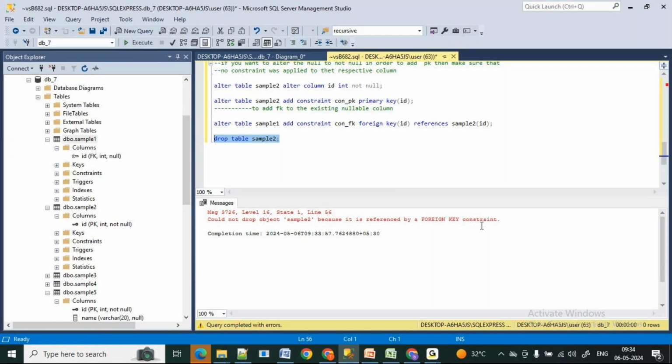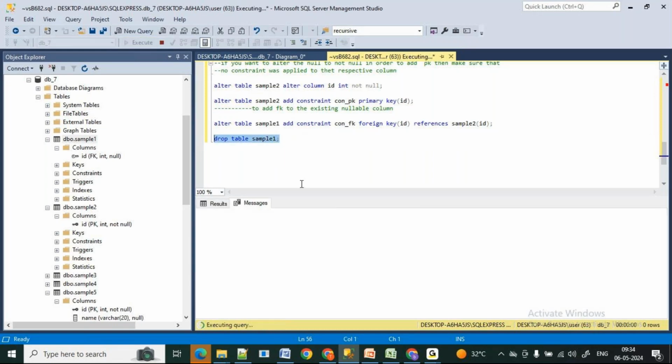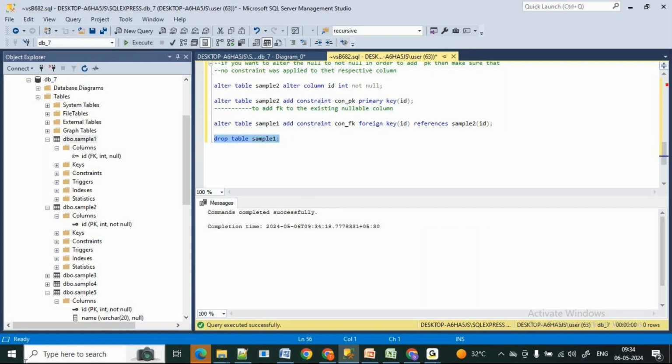So by this error we can tell that sample 2 was referencing to some other table. Now let me drop this sample 1. Sample 1 got dropped. I will tell you why it happens like that.